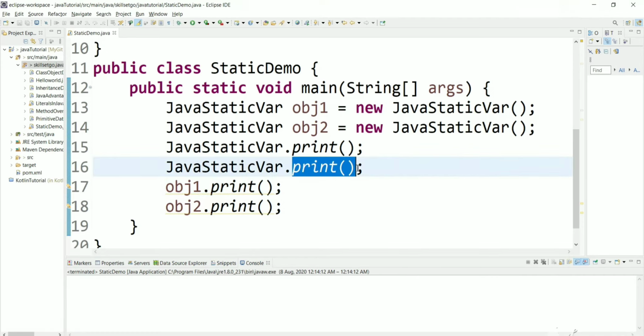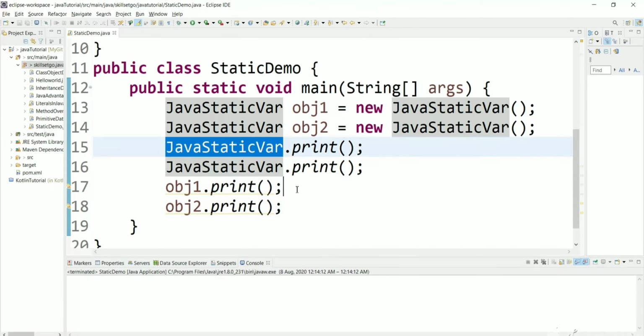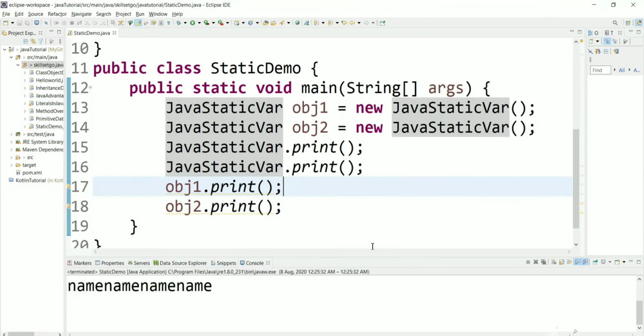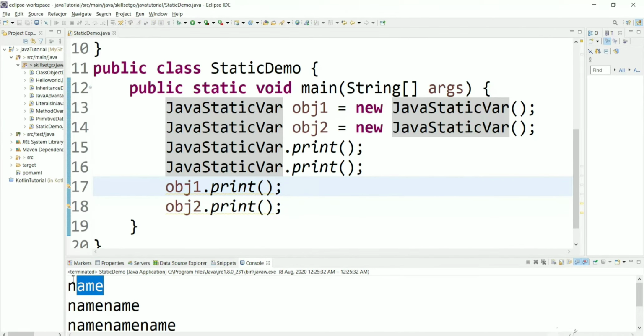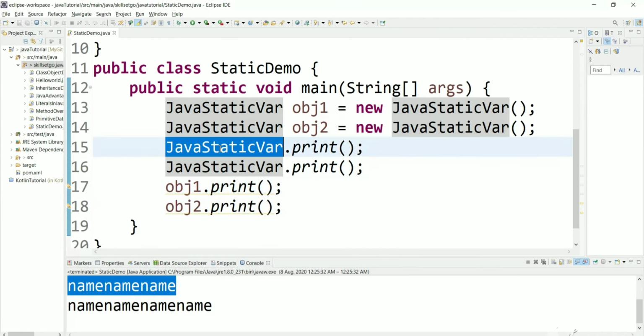A static method can be called using an object or by using the class. Let's see the output of this program. As you can see, first the static variable is name. In the print method we have changed it, and on the next print call we get the latest value, and we change that value again. Here you can observe the static variable is common to any objects of the class, and common to the class itself.